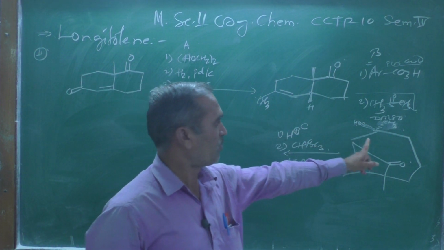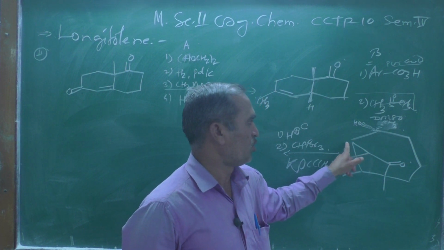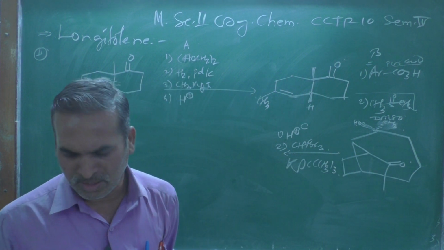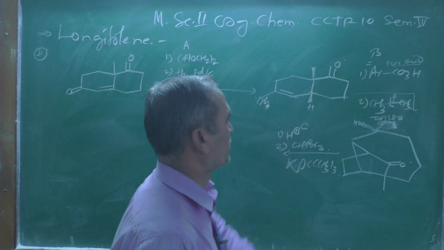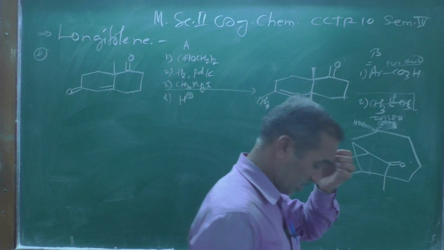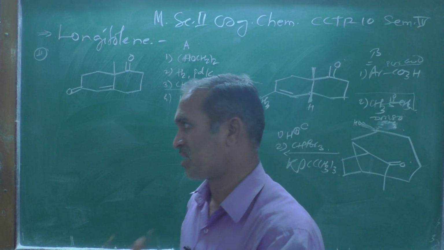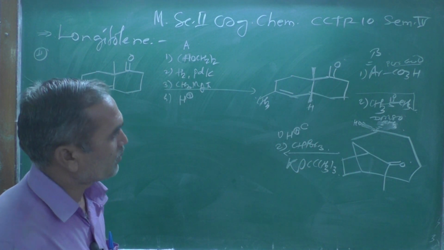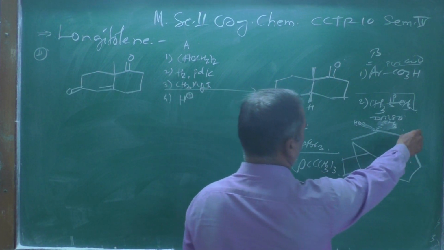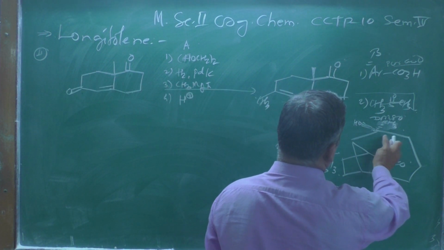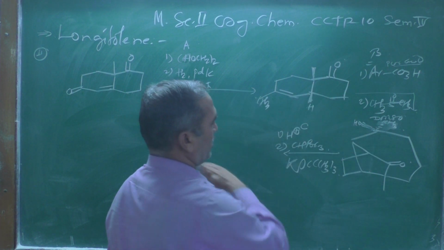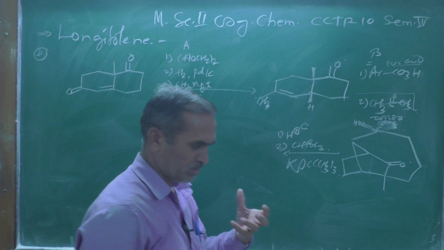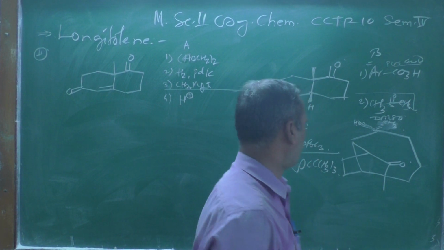H plus, it will form a double bond. This side there is no hydrogen atom, but there is a possibility to form a double bond. This side preferentially, let me recall over here, this is a bicyclo type of compound, and that hydrogen atom is very difficult to remove. Preferentially the hydrogen which is lost from here, the double bond is easily formed over there, and there is a removal of water molecule. Then bromoform